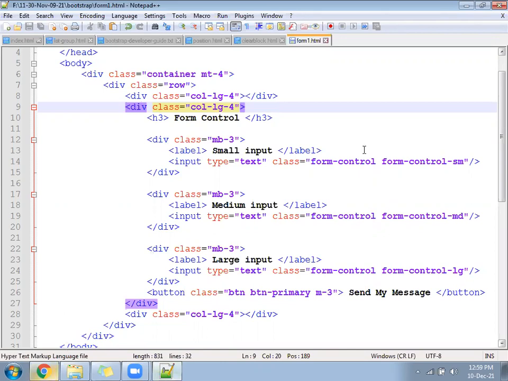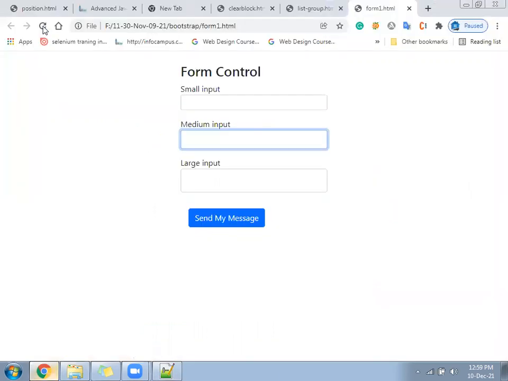Okay, so form control class, we saw the benefit, plus at the same time we saw form control SM, MD and LG also. Button we have written. Now we'll design some different types of forms using the grid system. Grid system will be the row column formula, and form control will be our class name for the input box. Buttons we have now, image classes we have now, margin padding we have now, text color we have now, background color we have now. We have many things now. We can mix and we can generate something.